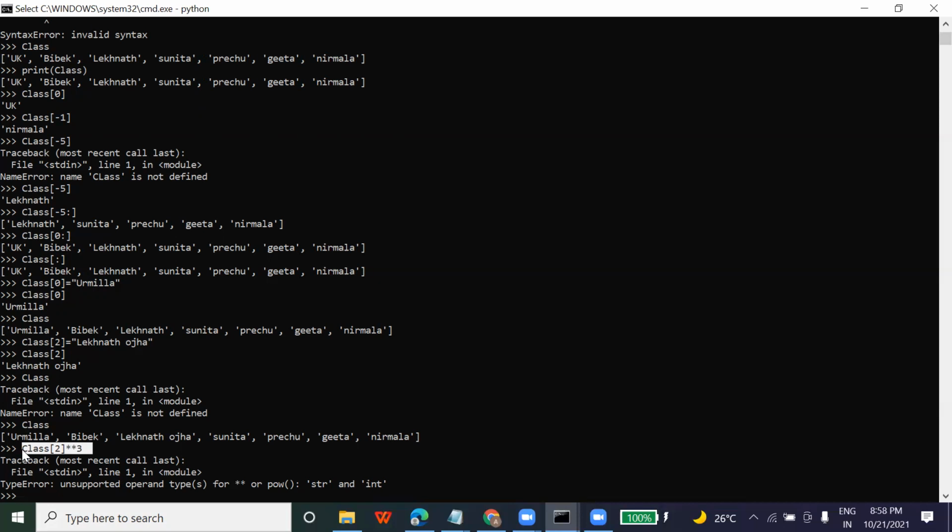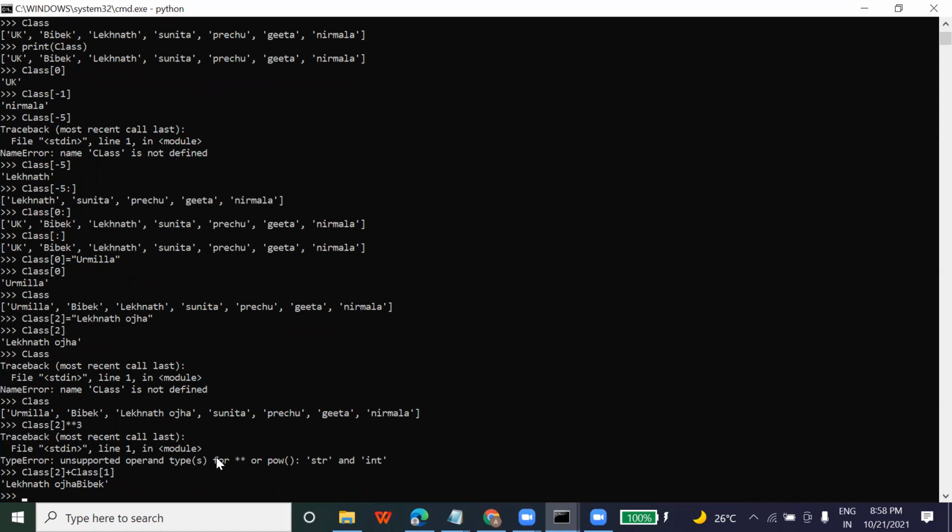No. Correct. That's the reason we are getting an error, because power never works with string data. You can perform operations like class 2 plus class 1. So it will give you Lekna Toja Vivek, right? It will become like this, concatenation. So like this, you can perform several operations in Python.